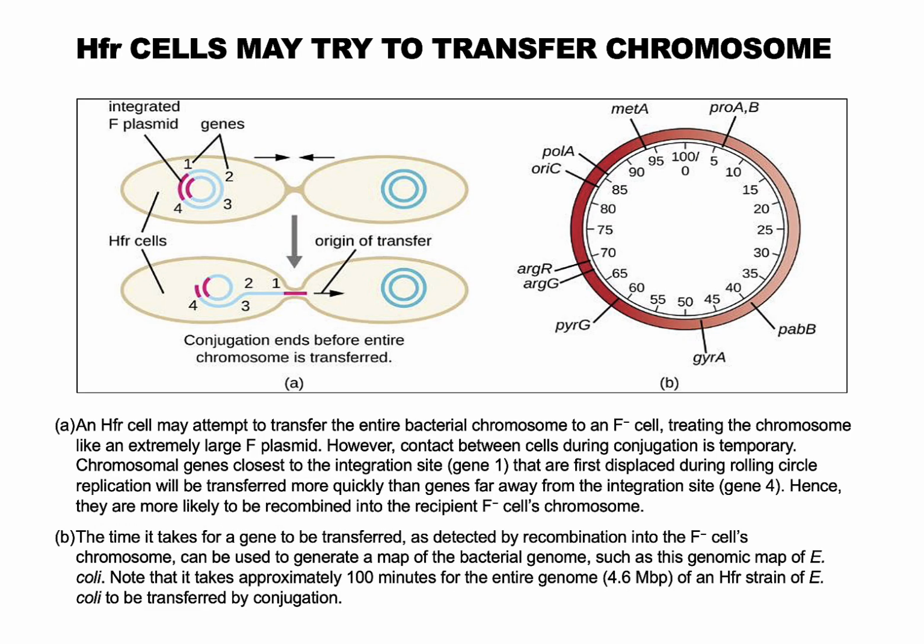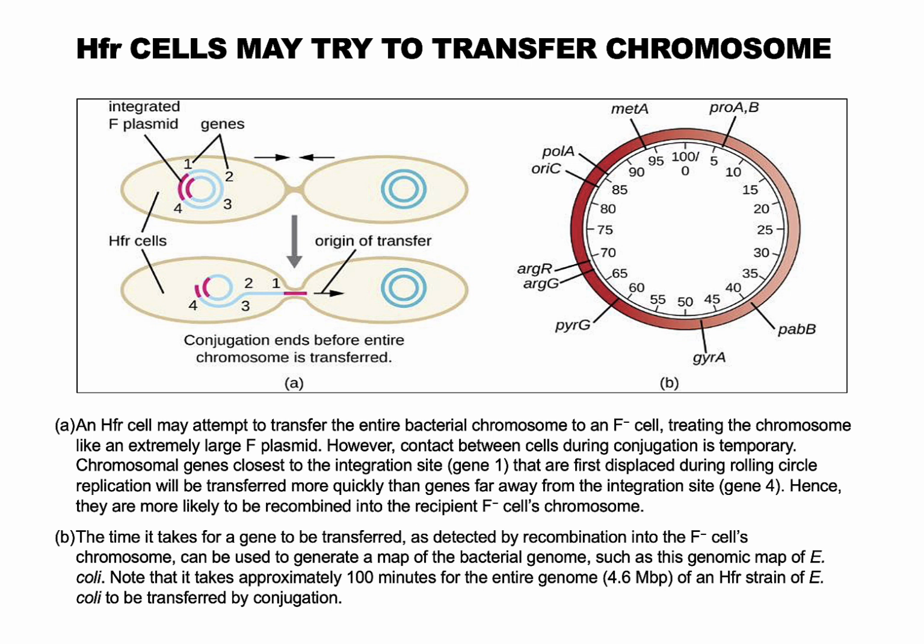HFR cells can treat the bacterial chromosome similarly to a large F plasmid, making an effort to transfer a copy of it to a recipient F minus cell. Due to the size of the bacterial chromosome, transferring the entire chromosome is a lengthy process. However, since the contact between the bacterial cells during conjugation is brief, it is uncommon for the entire chromosome to